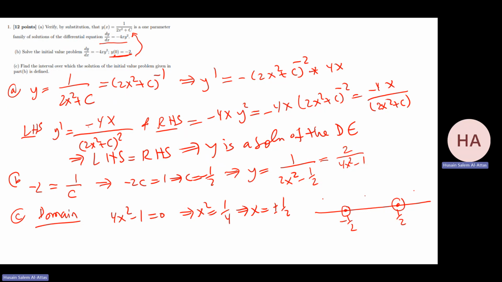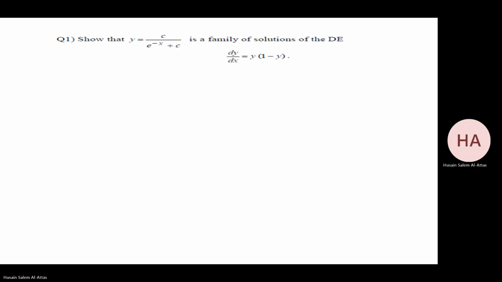I don't want to find the function as a solution. As a solution, I need a continuous part. Okay, so what will control my decision? I have this initial condition, since it's talking about the initial value problem. From the initial condition, I'm getting x equals 0. So where is x equals 0? It's in this interval. So the interval which will make it continuous is minus half to half. Sure that this is a solution.